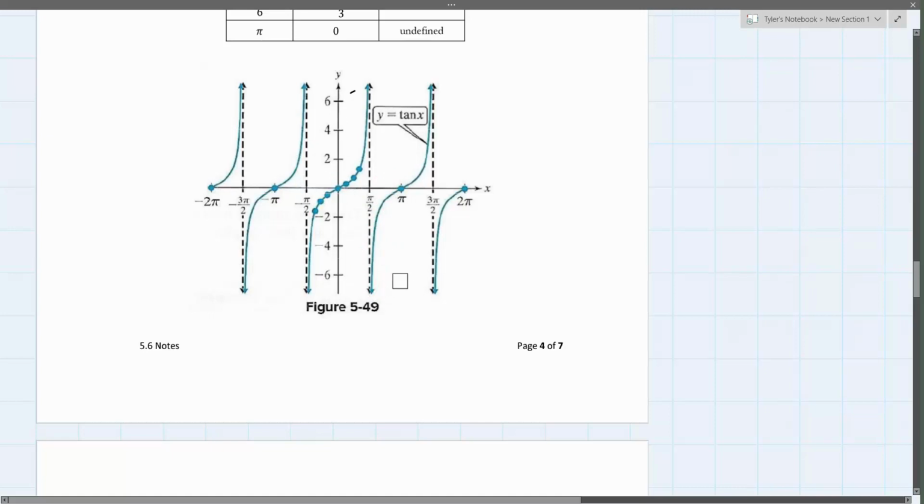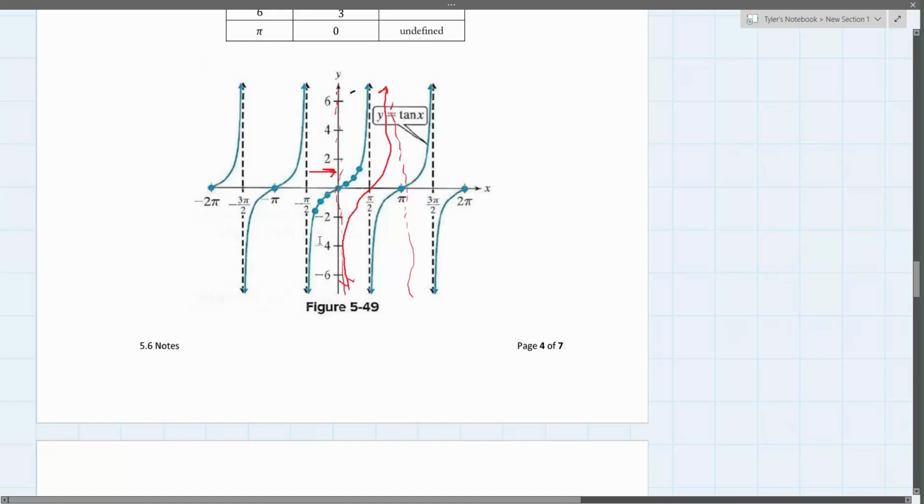If we did a phase shift, so if I brought this over here to line up with the y-axis, x equals 0, then this part of the graph would move over, and my asymptotes would be here, on the y-axis, and then at pi, and then my graph would look something roughly like this,